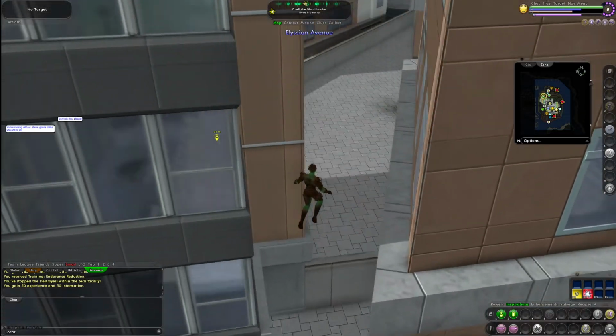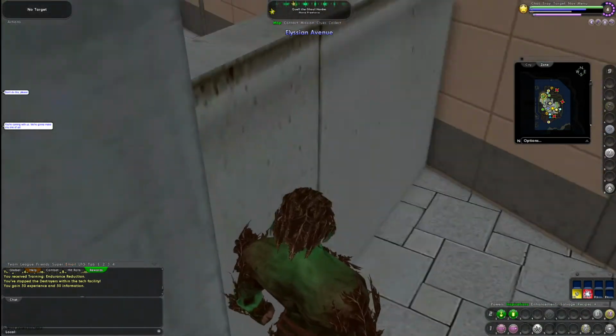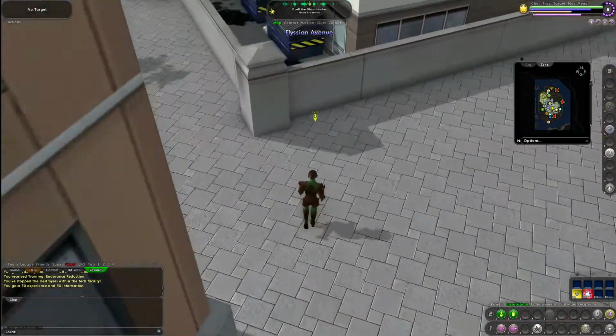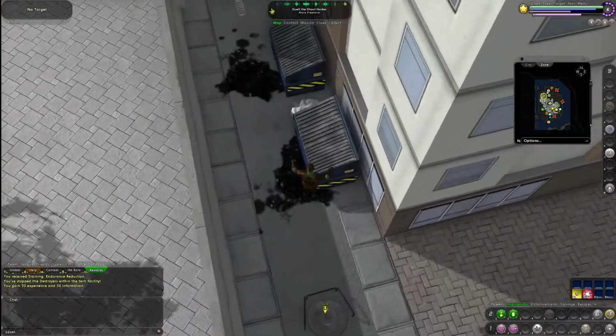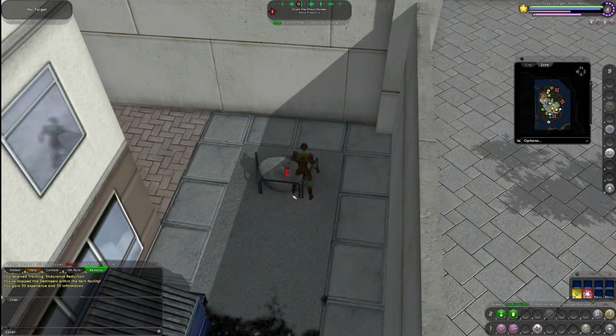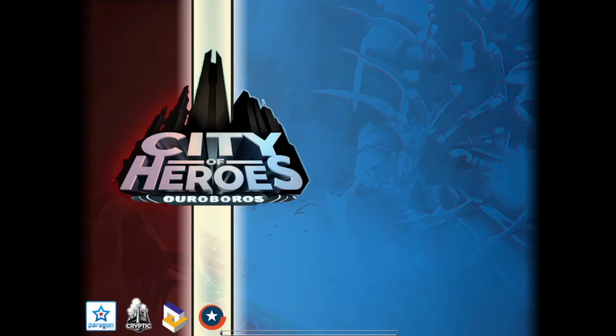Not sure where this is. Okay, it's over there. Some people do take hover, and they just turn hover on so they don't fall. I'm probably not going to do that. I'm actually probably going to take teleport foe, like we had with our